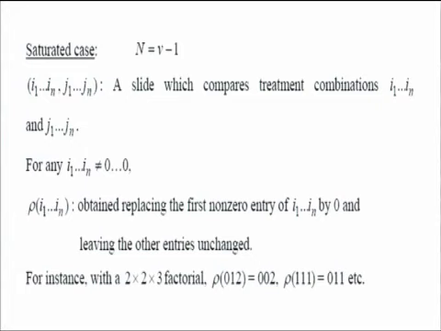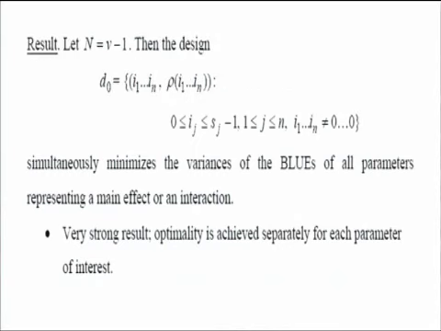and rho I1 IN is obtained by replacing the first non-zero entry of I1 IN by 0 and leaving the other entries unchanged. For example, with a 2 by 2 by 3 factorial, if I look at the treatment combination 0 1 2, then rho 0 1 2 is 0 0 2. What is happening? The first non-zero entry 1 is being replaced by 0. Similarly, here 1 1 1 becomes 0 1 1,